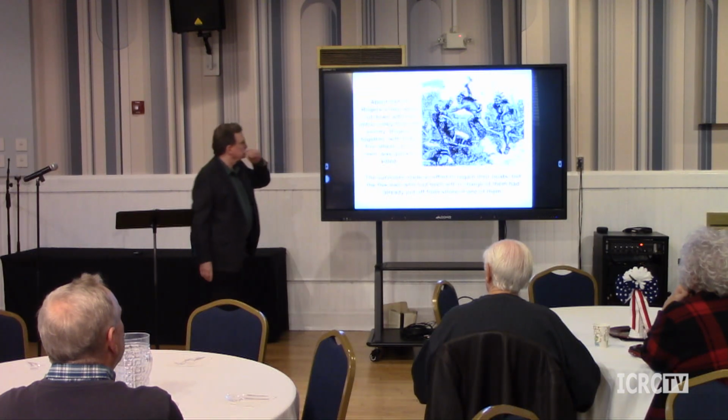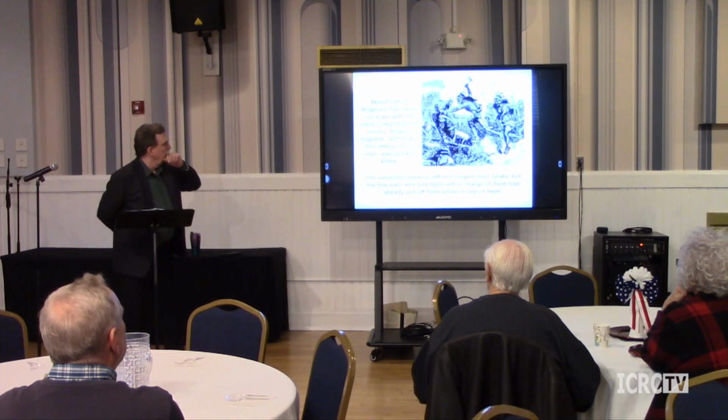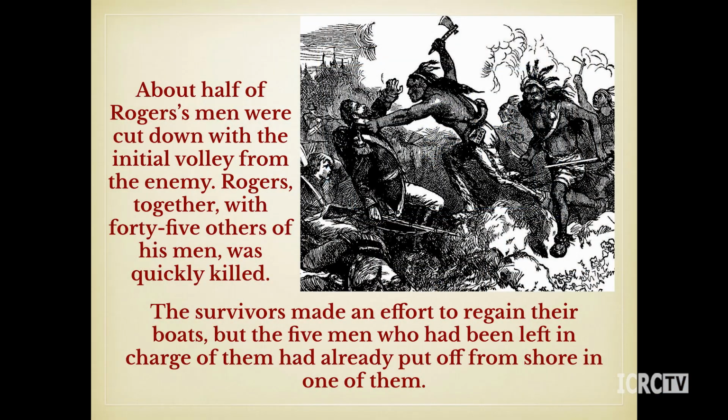Survivors often tried to regain their boats and ran to where the boats were put. But the 5 men in charge of the boats all got in one boat and left. So they went back downstream. There were some people who did survive initially, and one of them happened to be,